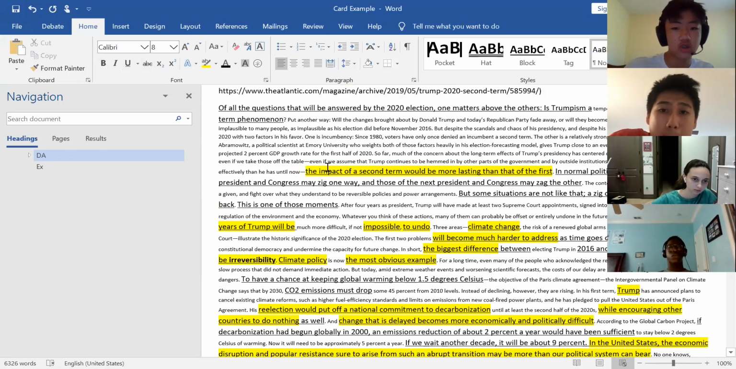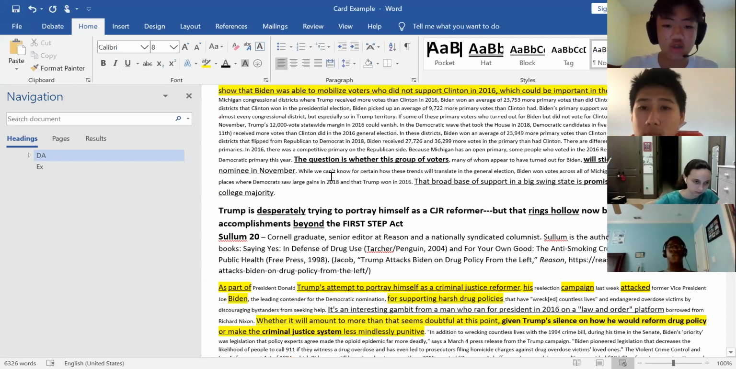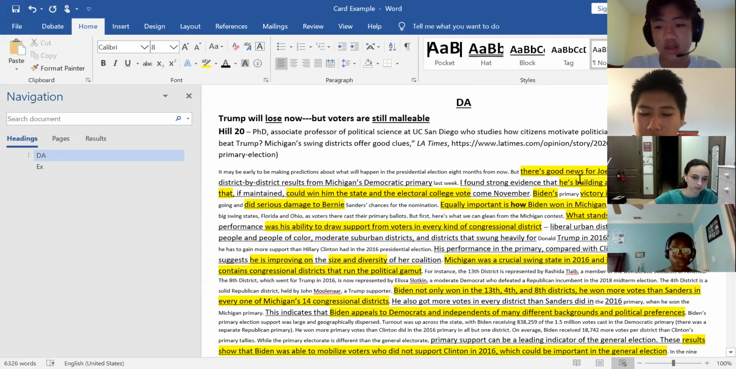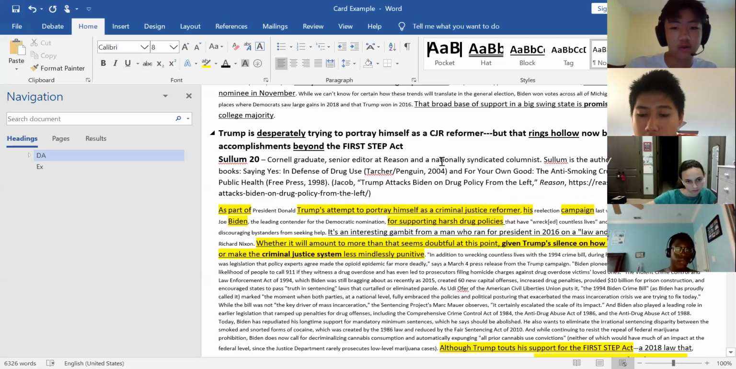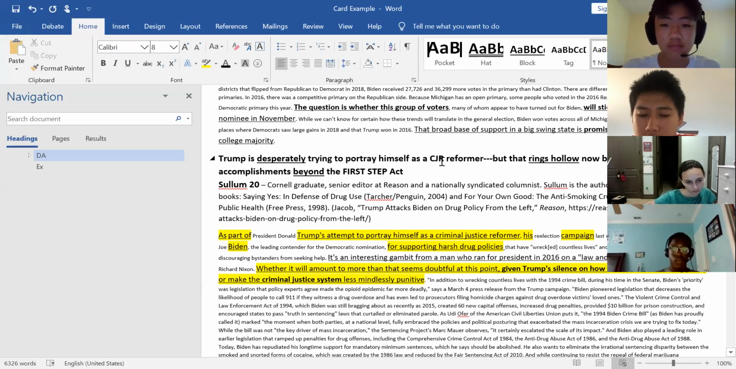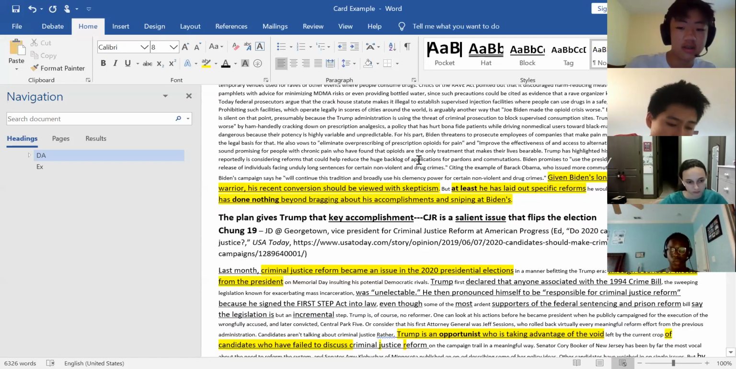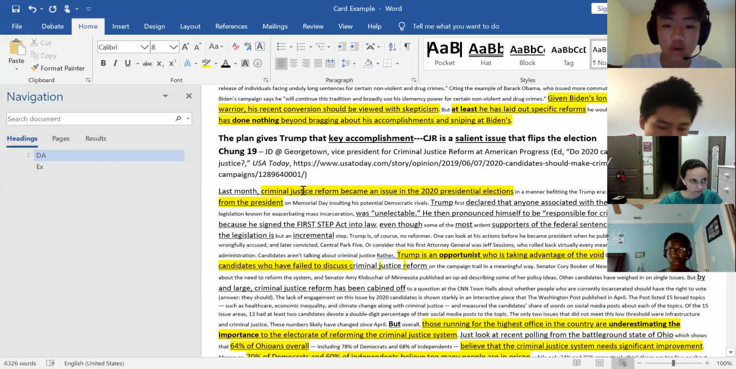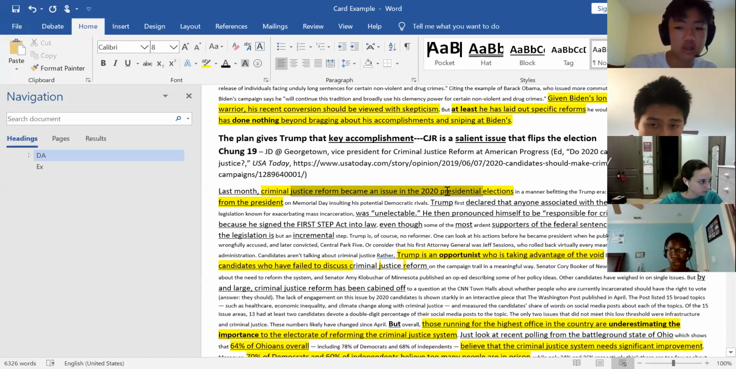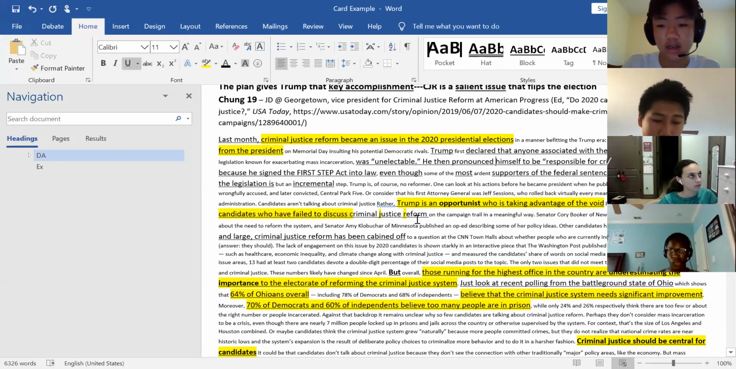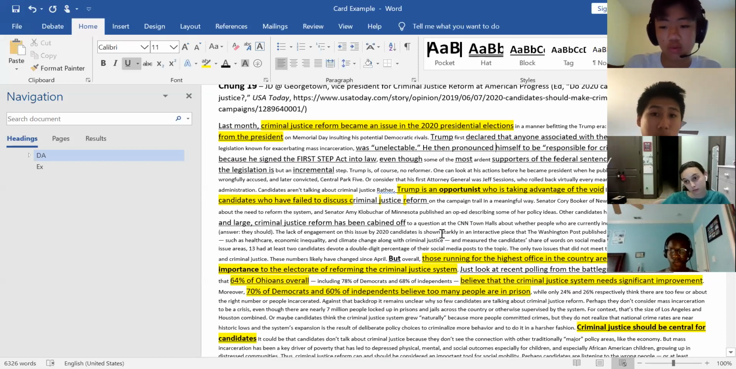So for uniqueness cards, you want the card itself to say that Trump will lose now, which in this card talks about how right now Joe Biden leads Trump in the electoral college vote and has won most of the swing states. For internal link cards that say that what your opponent does is uniquely bad and causes something bad to happen, this card talks about how criminal justice reform is a key issue in 2020 presidential elections, and that if Trump were to take a stance on criminal justice,